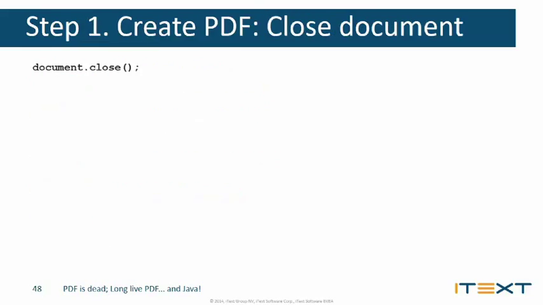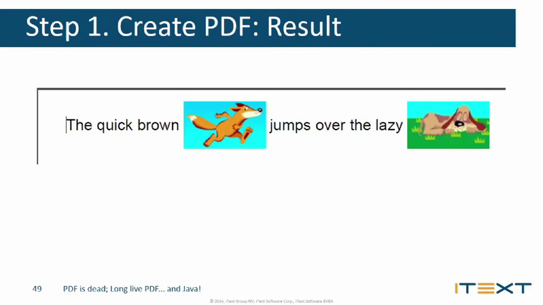Then we still have to close the document so that everything is flushed to disk because of the PDF writer writing it to file. And we have a PDF document, a very simple PDF document that has the content as we added it to the document in this example. So this is probably not a very unexpected result for anyone. But we'll use this example to go through the different standards in the rest of these examples.